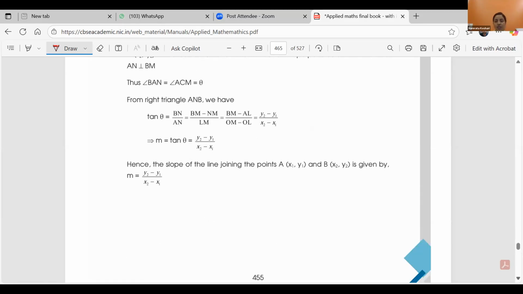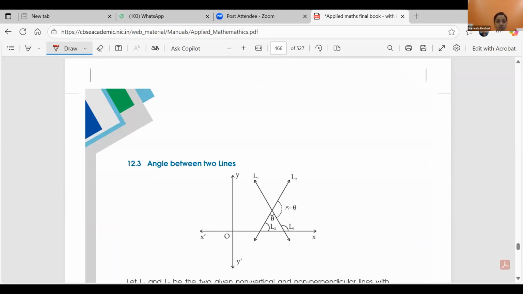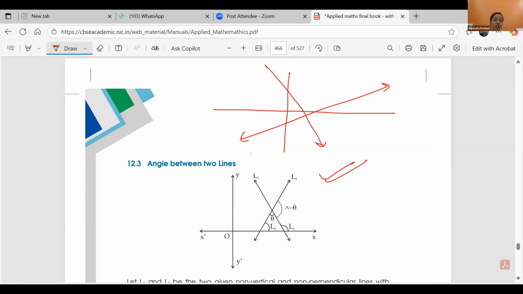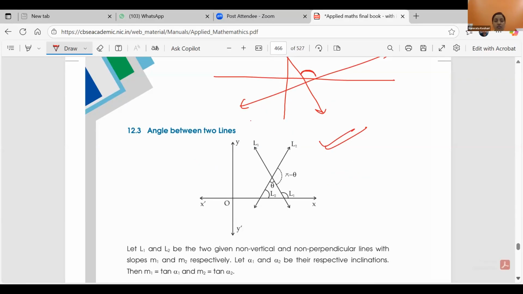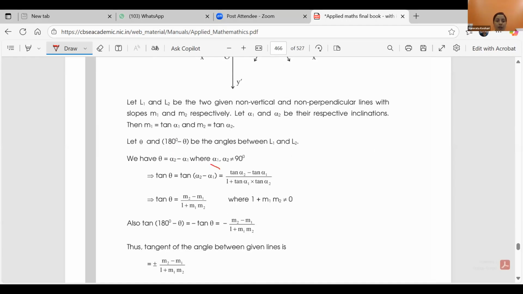We are running out of time. I'll not be able to take the next concept, but I was about to discuss this one, the angle between two lines. If we have a coordinate axis like this, and a random line like this, and another line, both lines intersecting each other. This time I'm not saying both are perpendicular to each other, both are just intersecting lines. Then how to find the angle between them, we'll be discussing in the next class. But here also this understanding is required. Can everyone see that tan alpha 2 minus alpha 1,